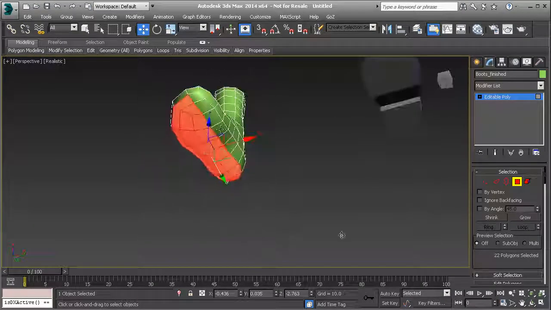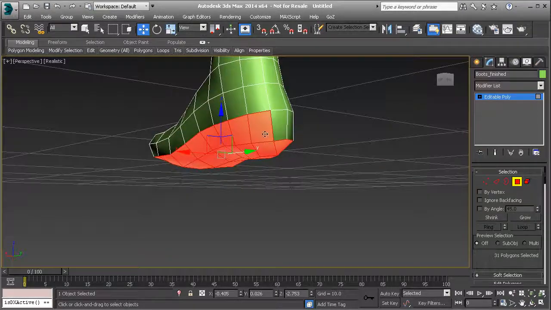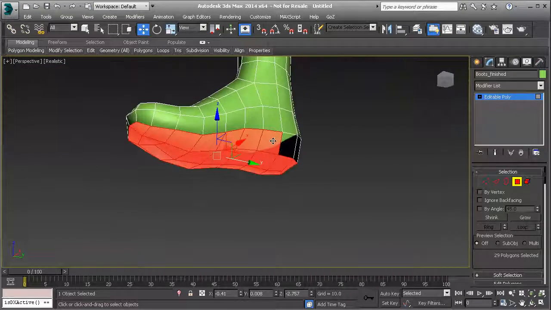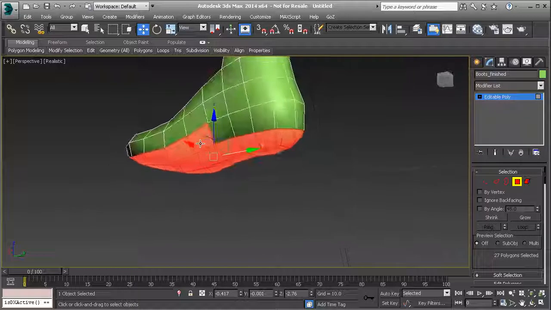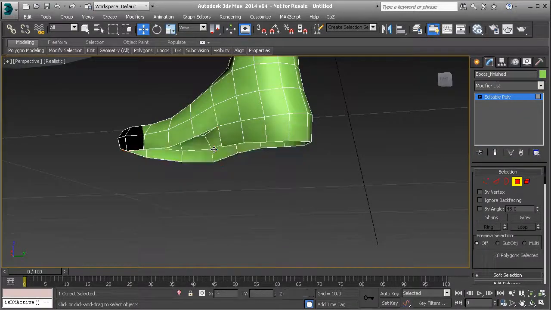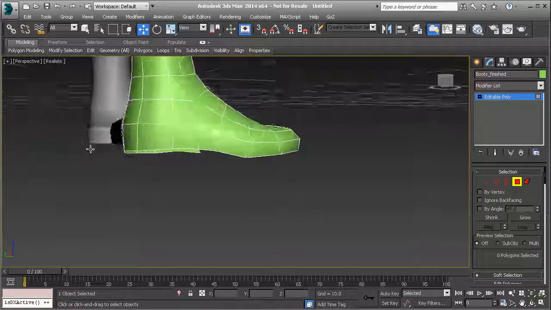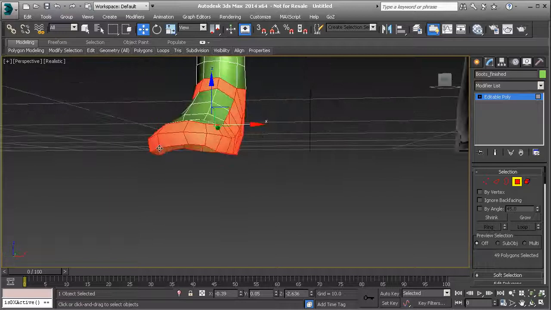And then you're going to notice something happening to my polygons. You'll start to notice that they start to loop, and that's a bit of a problem for me. And so what I'm going to do is select these polygons right here, and I'm going to hit delete on those. And then I'm going to try and figure out how to get this row of polygons right here